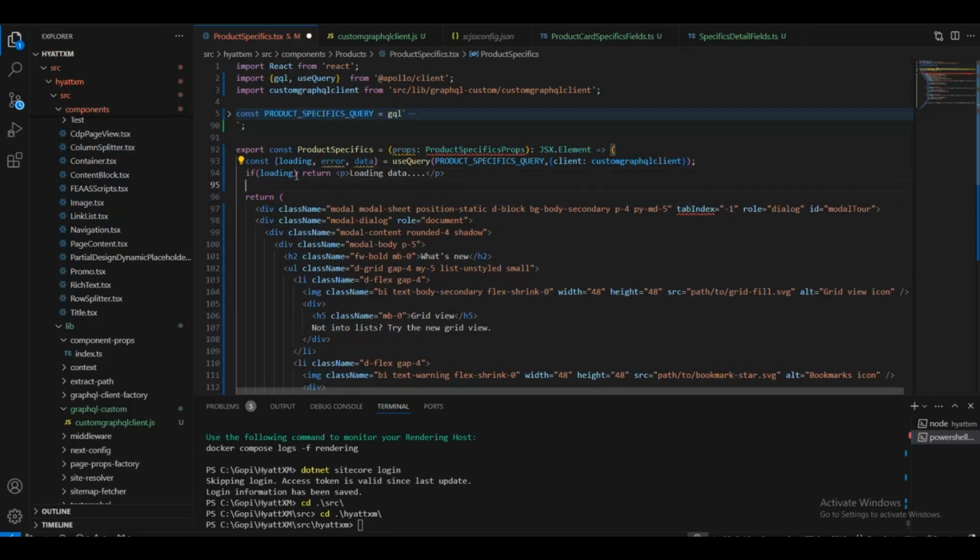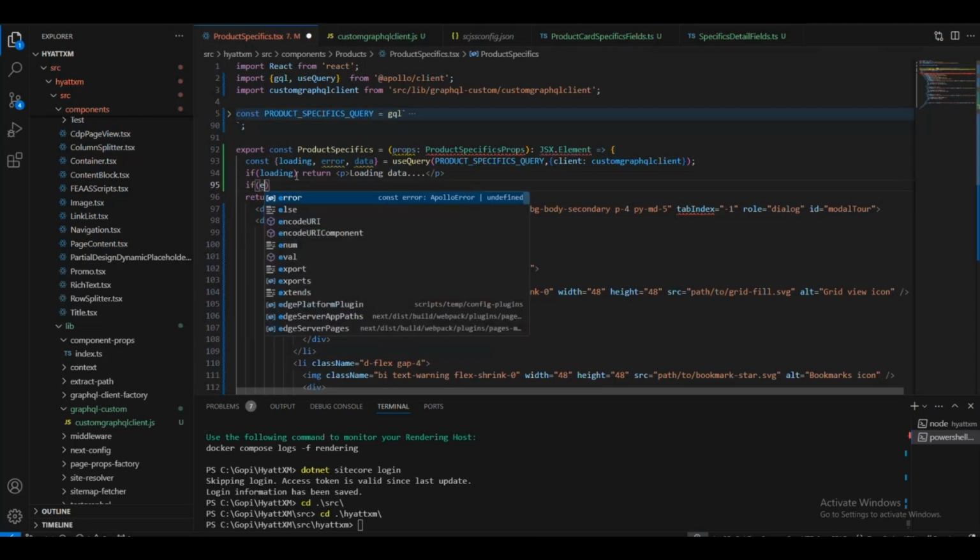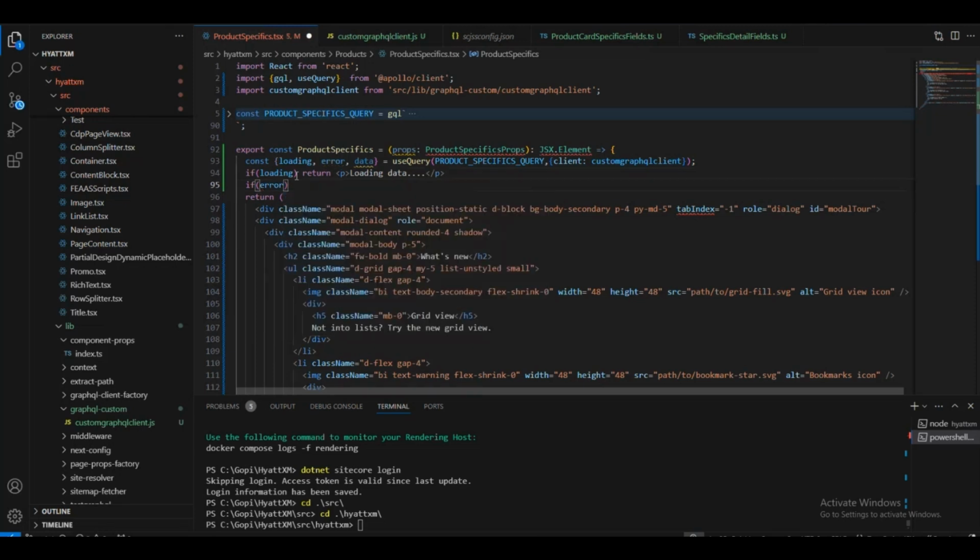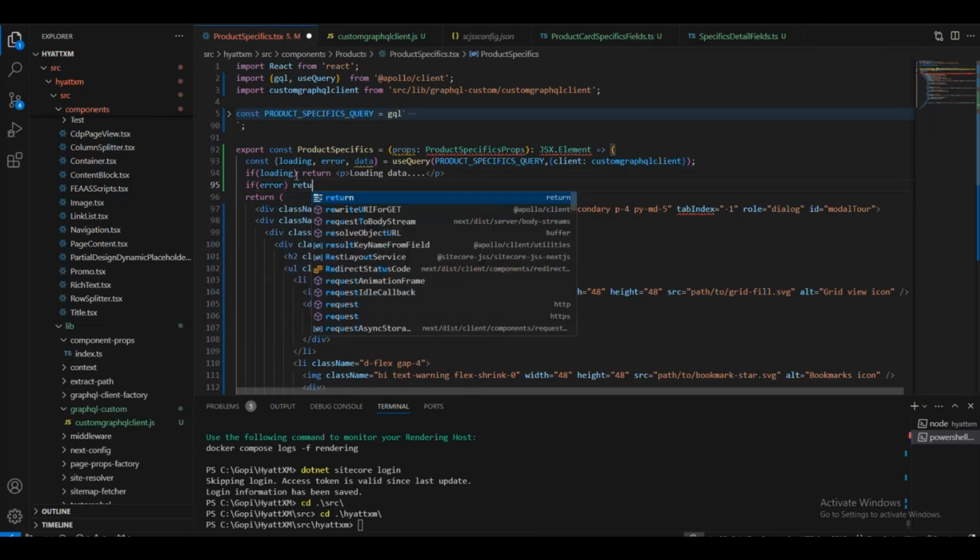So, see, data in progress. Rather, sorry, rather than checking loading, shouldn't we check the error? Yep. We'll check that. If error, that is, if there is any error available, if the object is there, then